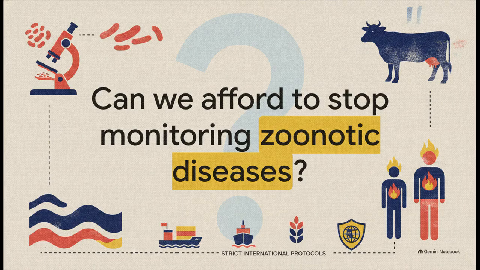Which brings us to the ultimate takeaway of this explainer. We've traced this disease all the way from a little red cluster on a microscope slide to a devastating abortion storm on a farm, to severe undulating fevers in humans, and finally to the strict international testing protocols required to stop it. Think about it. If a single microscopic bacteria can disrupt global trade, ruin agricultural economies, and directly threaten our food supply and human health, can we ever afford to stop monitoring zoonotic diseases? The biology of Brucella proves that our global health is deeply, deeply interconnected, and total vigilance is our only true defense.